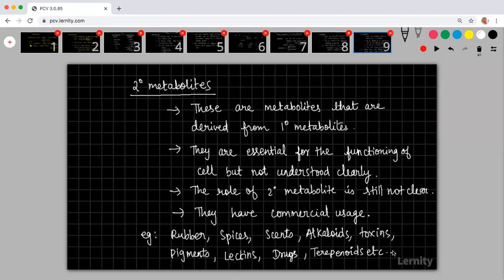Terpenoid is one kind of chemical, that's all. Most of these groups are classified based on the chemical group that is present there. So terpenoids will have a particular chemical structure, like how you have alcohol, or how you have a carboxylic acid group. Those kinds of terpene structures will be there. There is a structure which is called terpene. If it is present, it will be considered a terpenoid. Same thing with alkaloid also. It will have an alkyl structure somehow.